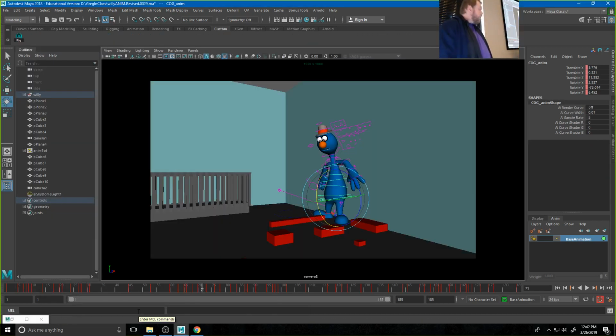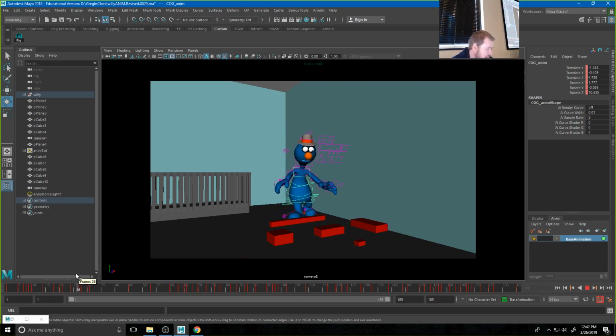So the really cool part about this is what can happen once you've decided not to go back to blocking. Let's say you've looked at this and said it just needs a little bit of pizzazz somewhere, a little bit of extra appeal. The cool thing is the little things that you can do with this. Let's say I wanted to test out what it would look like to have a quick head dart around,